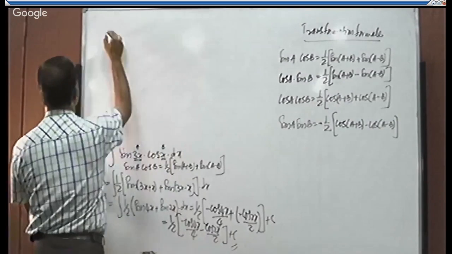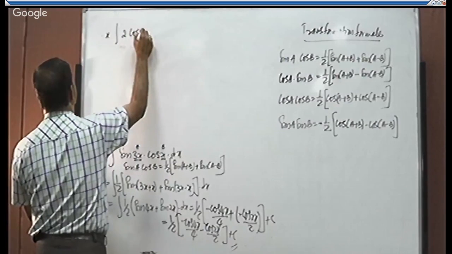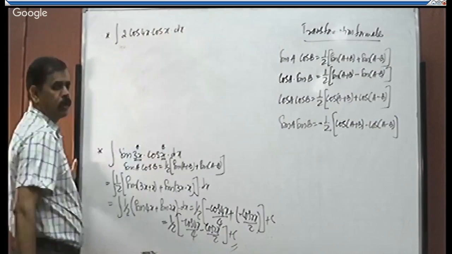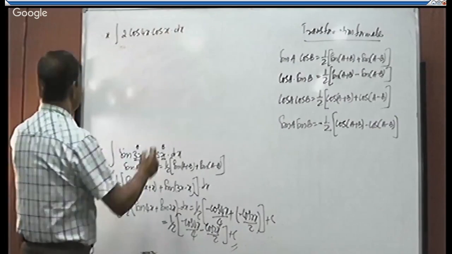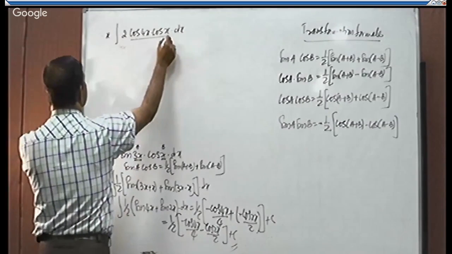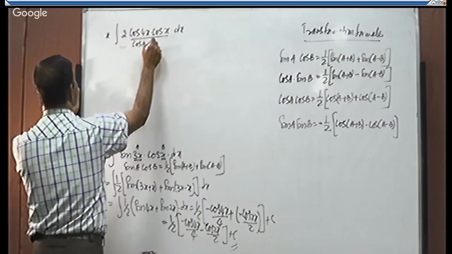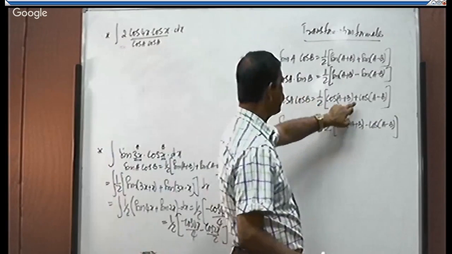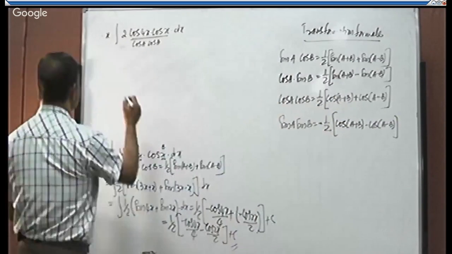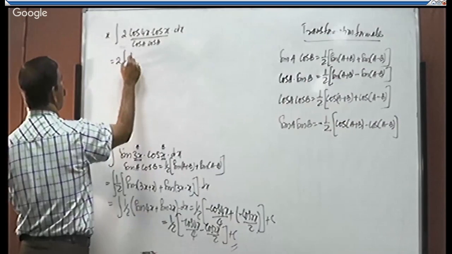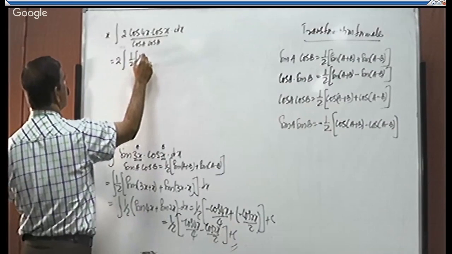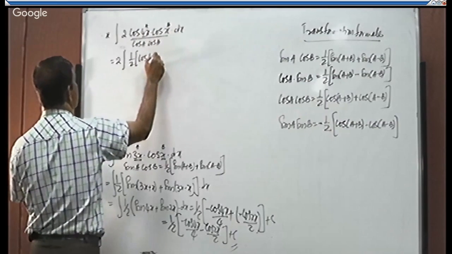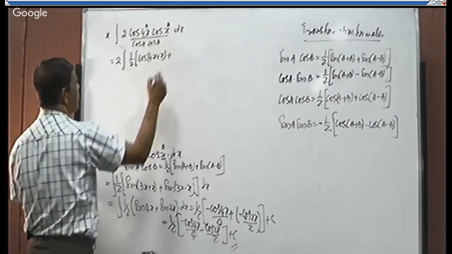Sometimes they give you an integral like 2 into cos 4x into cos x dx, with the 2 given extra. It is of the cos A cos B form. Cos A cos B is equal to 1 by 2 into cos of A plus B plus cos of A minus B. So take 2 outside and write the formula: 1 by 2 into cos of A plus B, where A is 4x and B is x, so it is 4x plus x,